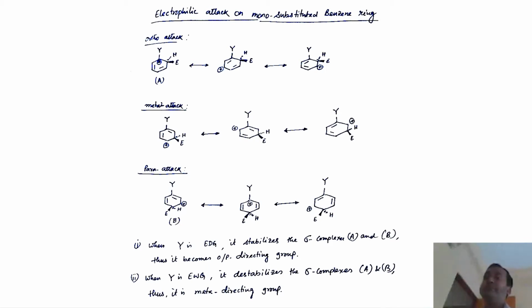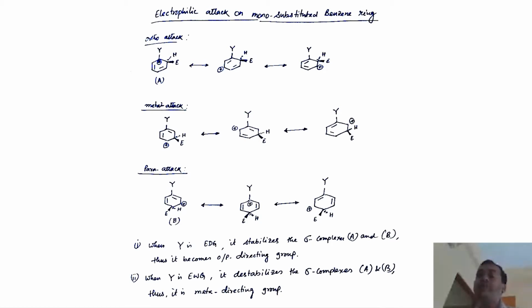Okay. Now there is another very crucial point that we need to look at from here. When it is an electron donating group, let's say in case of ortho or para, if it is the electron donating group, then this Y, this is a very crucial point, okay? Just pay attention. When this Y is an electron donating group, it gives the electron to the aromatic ring. So the aromatic ring gets electronically richer than the benzene itself. So for electron donating groups, the reaction becomes a bit faster.